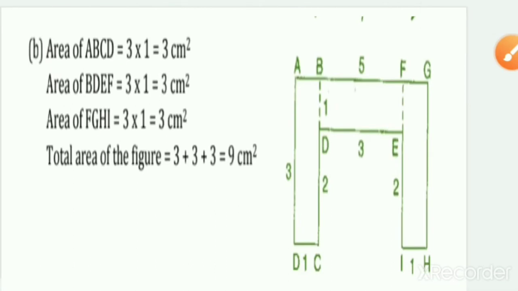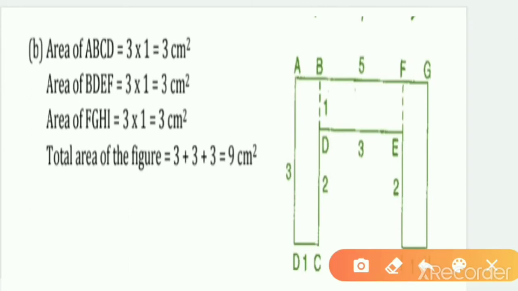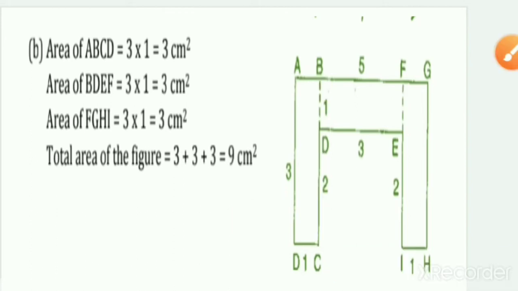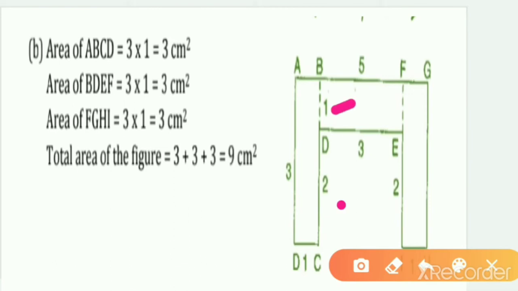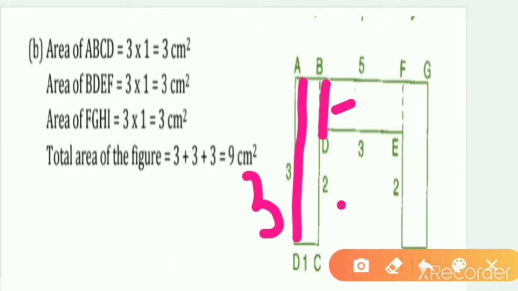Now we have the next question. This is given to us, it is very easy. The dotted lines were not given, we have made dotted lines here and here also. Okay, here we have length 3, and breadth here we have 2, but 2 is the complete one. So complete one was 2, half we have taken as 1 here, and it will be 2 here. Okay, because this complete figure is 3, so half will be 1, and another left is already given, that is 2.